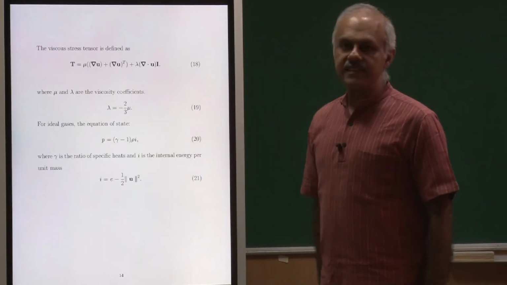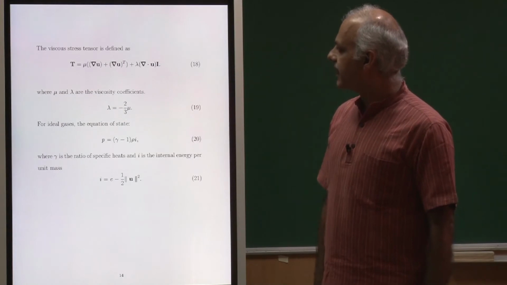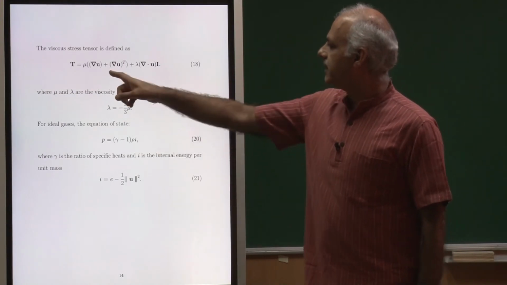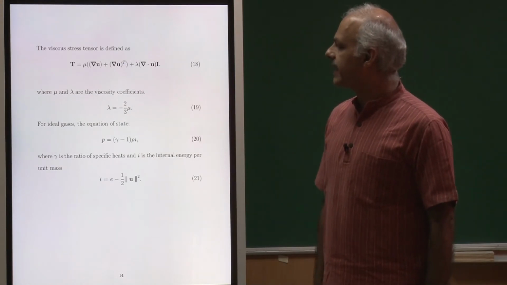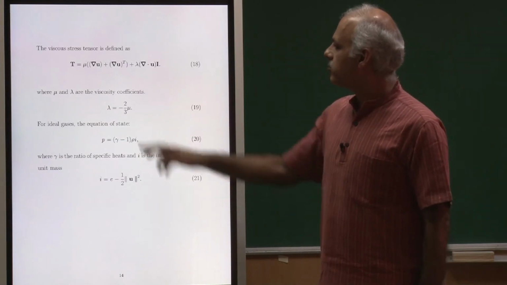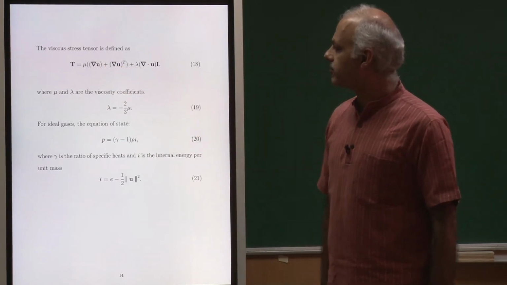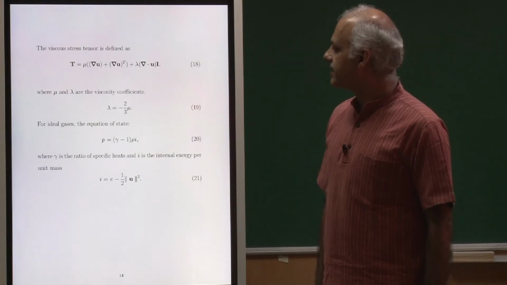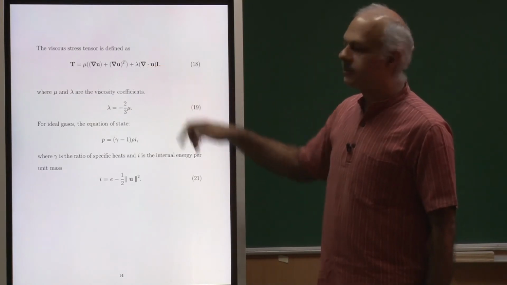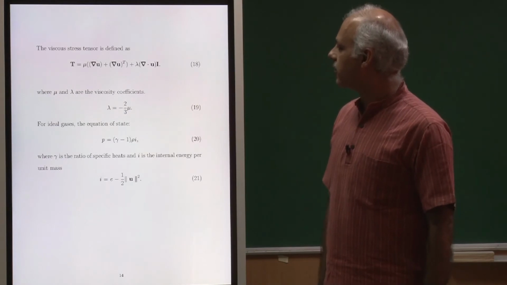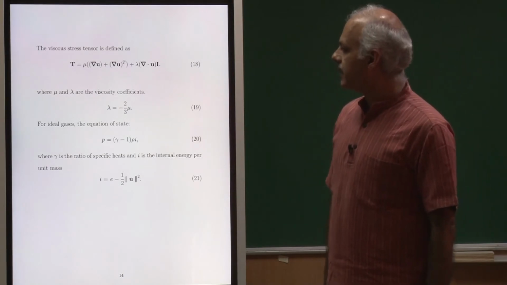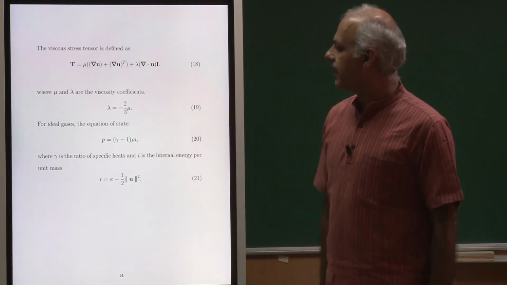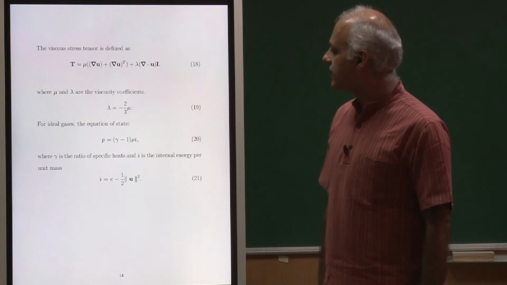The viscous stress tensor, as was the case earlier, depends on the gradient of the velocity field. So, first the symmetric part of the gradient, the strain rate tensor, and then there is the other term which depends on the divergence of the velocity field. There are these 2 coefficients of viscosity mu and lambda, and by Stokes relation we assume that lambda is exactly equal to minus 2/3 of mu.